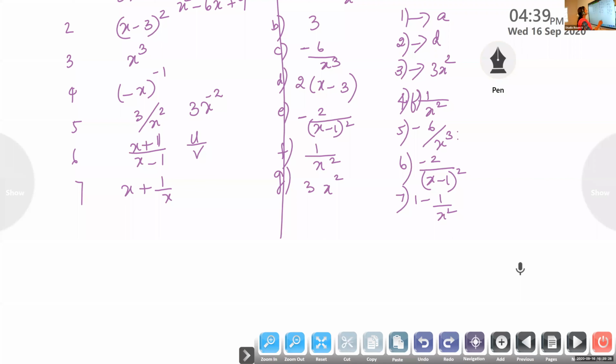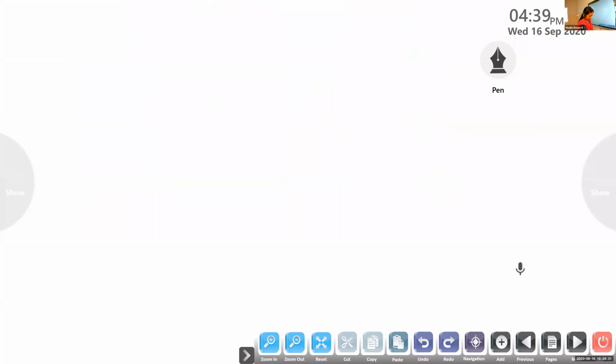Write the next question, children. Find the derivative of x raised to n plus a x raised to n minus 1 plus a square x raised to n minus 2 plus and so on plus a raised to n minus 1 into x plus a raised to n,